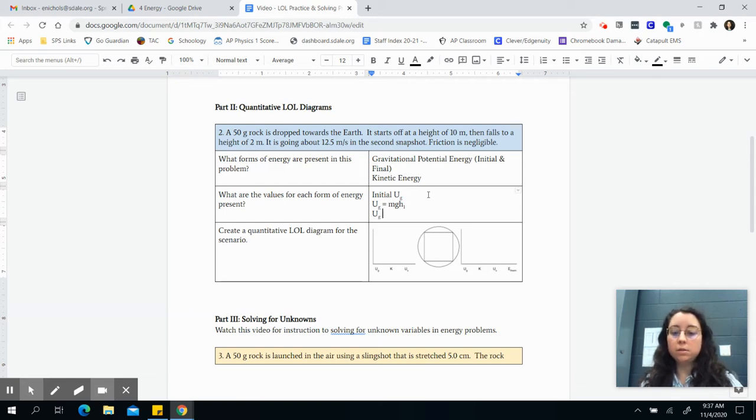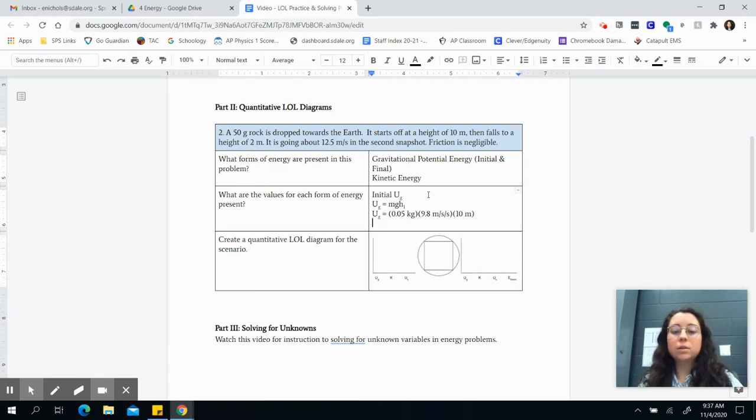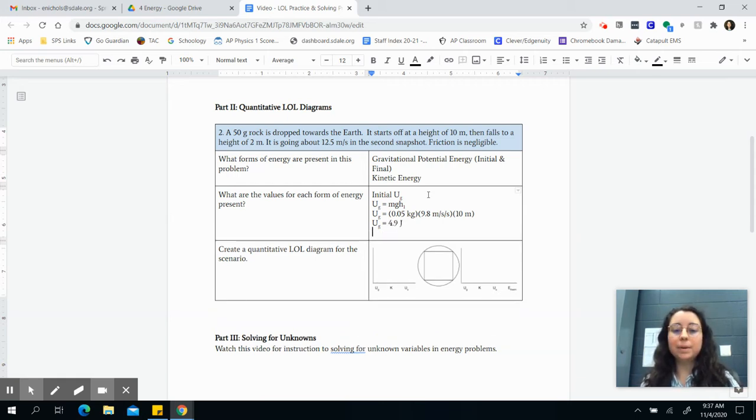So UG is equal to our mass, which is 50 grams, which is 0.05 kilograms. We know gravity is 9.8 meters per second squared. And then we have our height 1, which is our height in our initial scenario. Our initial scenario has a height of 10, so we have 10 meters. Great. So that means UG in our initial snapshot is going to be equal to 4.9 joules. Okay. Now we need a final